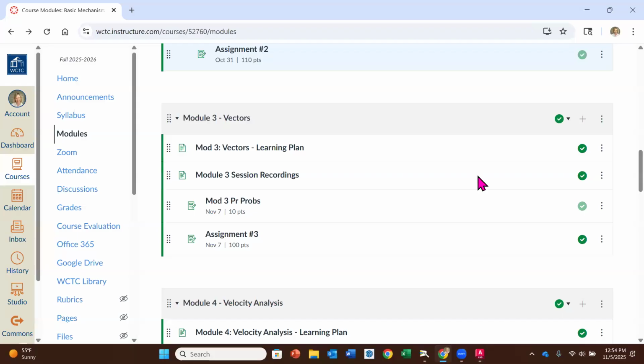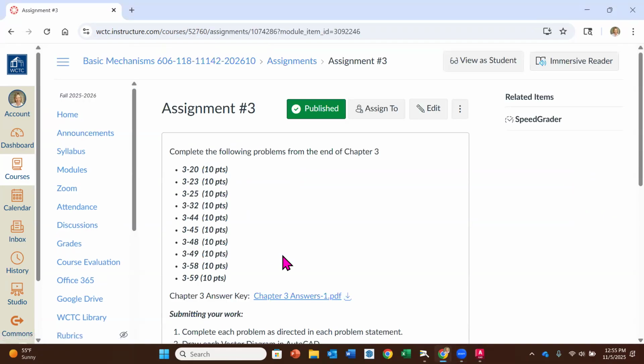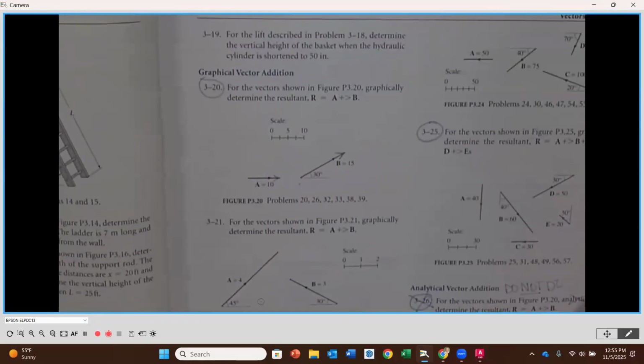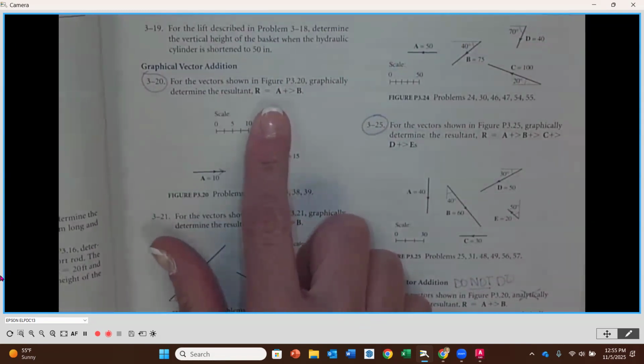Okay, so once you have all of your Module 3 practice problems done and in, it's time to move to assignment number 3. So let's take a peek at what you have assigned. These are all end-of-the-chapter problems, and they start on page 69. I am going to go underneath my camera, and starting with problem 320, they're giving you a vector equation